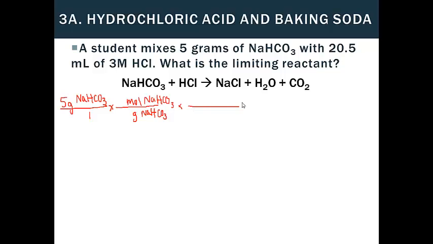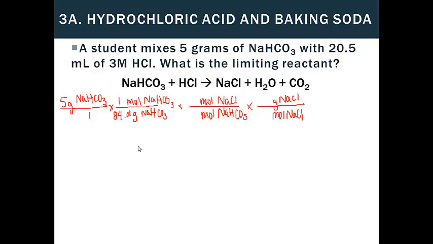At this point, I want to convert moles of baking soda, so that's going to go on bottom to cancel. Convert moles of baking soda into moles of salt. And I'm going to go ahead and convert moles of salt into grams of salt. Okay, so first I've got mole and gram, so that's molar mass. So the molar mass of baking soda, 1 mole, weighs